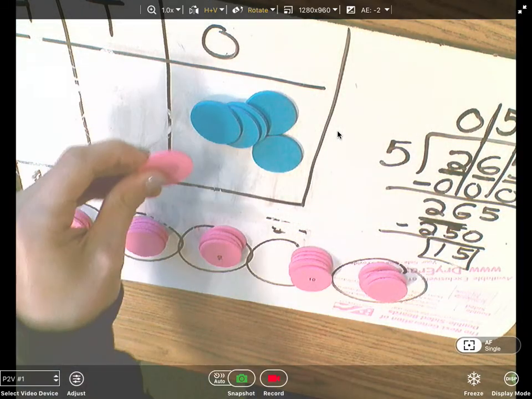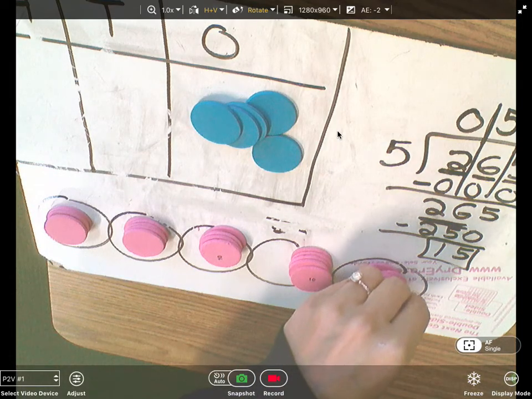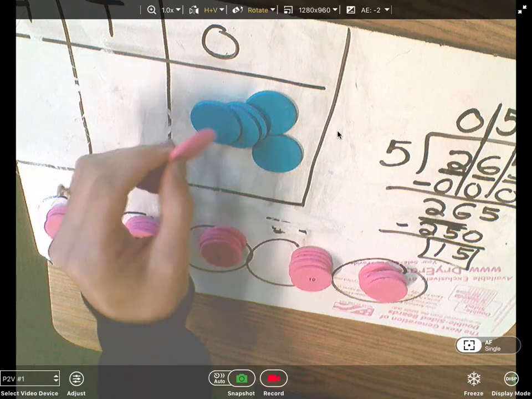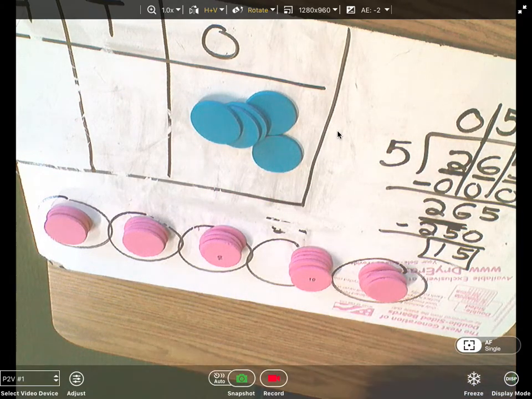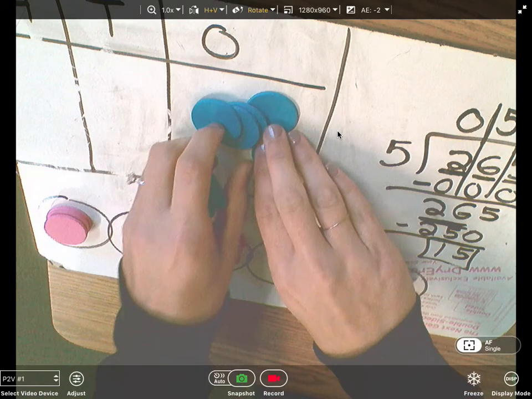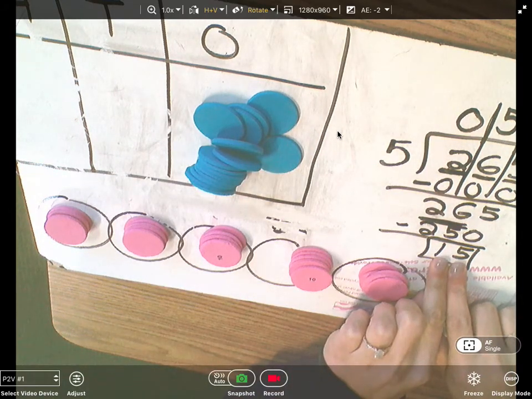I can't do anything with this 10. It's my leftover because if I give this here, it's not equal. So I need to regroup this 1 ten for 10 ones. So I'm going to trade this in for 10 ones. 1, 2, 3, 4, 5, 6, 7, 8, 9, 10. So now I have my 10 ones plus my 5 ones, and if you look, I have 15 ones